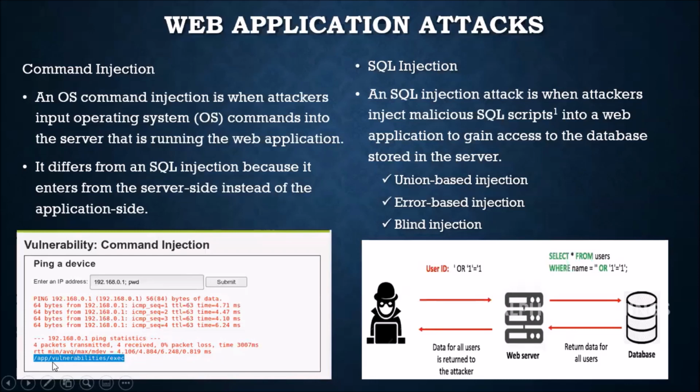After the ping results, I could see what is the present working directory: /app/vulnerabilities/exec. This is the present working directory. So from this directory only, the website files are present. Now I know where the website related files are present in that server, and the server IPs I could also gather using the information gathering phase.